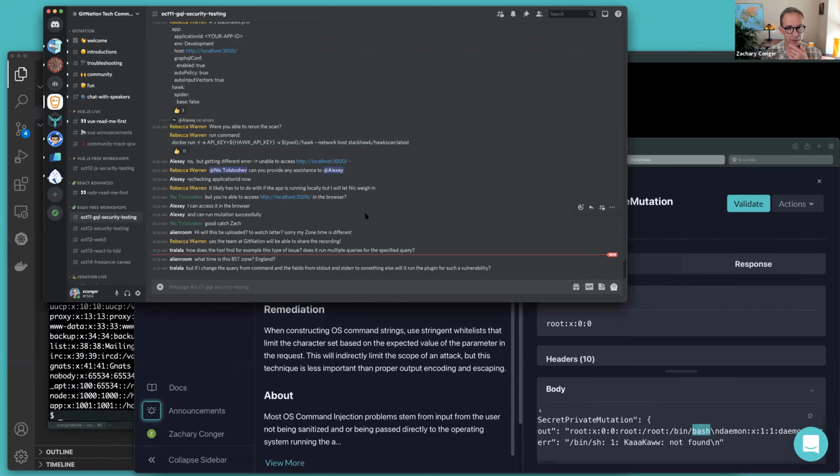The BST time zone is England, British Standard Time. I change, Tralala says, if I change the query from command and the fields from standard out